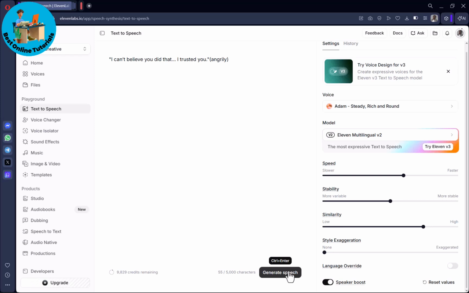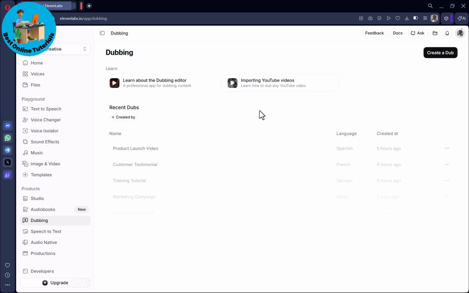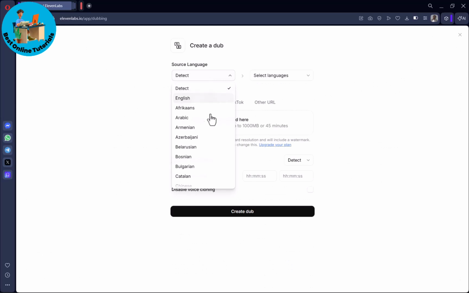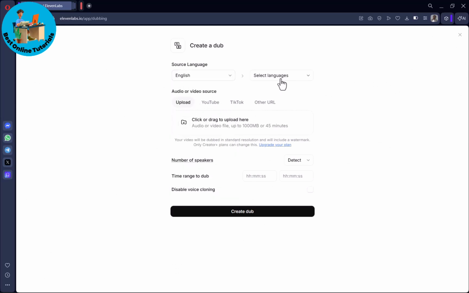if you want to try another option, you could go with dubbing by just clicking on dub here and then heading over to create a dub and then go ahead and enter the language. So let's say you're voicing over in English. I'll set our preferred language to English as well. And then you can also upload either an audio file or a video file, and then it would create a